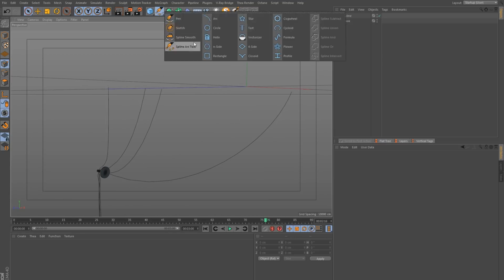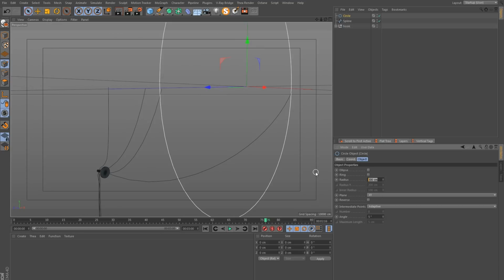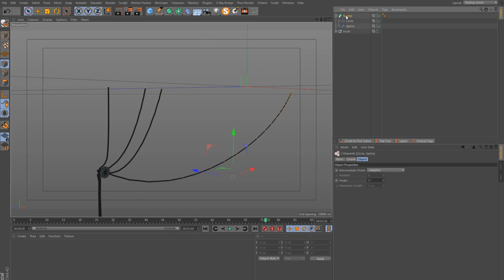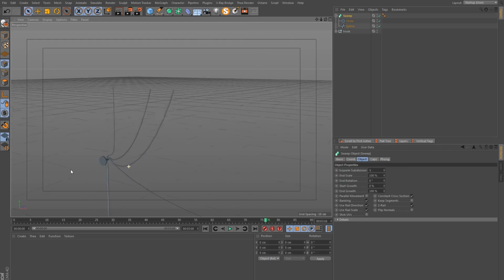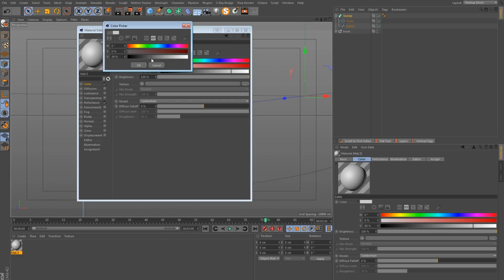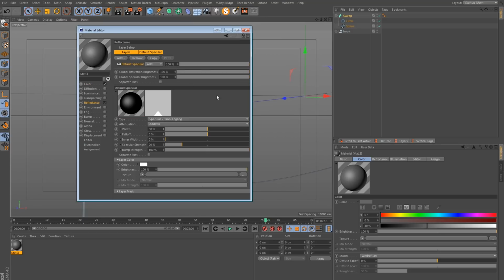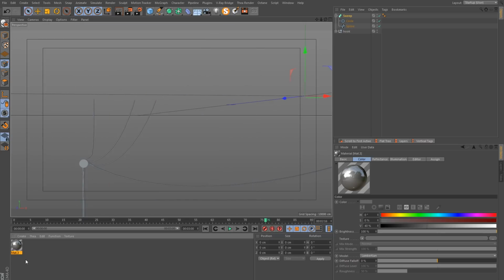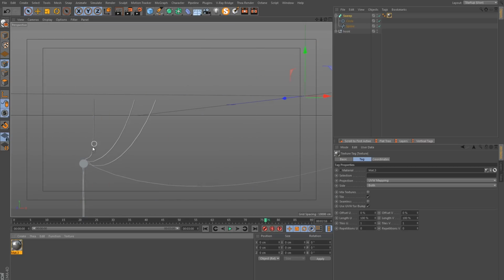And then I would just take another circle here. Let's have a radius of 0.5, a sweep NURBS, and this would be our cables. And we would make a simple material for these too, a sort of light gray color with a reflection layer. So quite basic as well, maybe not too strong, about 40 I think for the reflection strength. And that's our material for the cable.